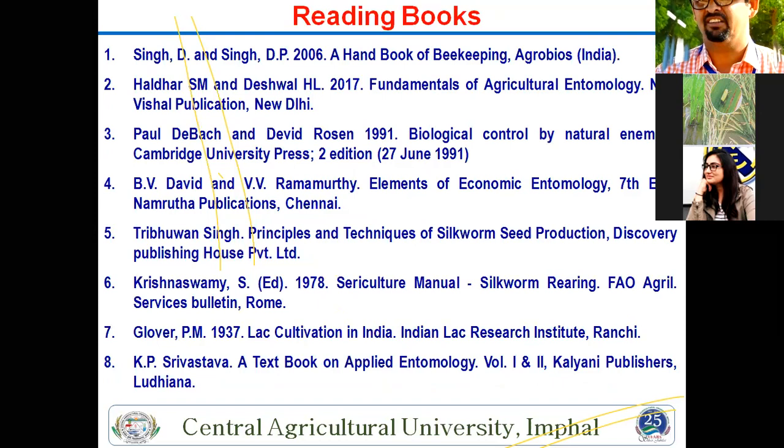For books related to this course, many books are there, of which first is Singh and Singh, a handbook of beekeeping. That is a good book for honeybee only. And I myself have also written one book that has the complete course of your beneficial insects, and the complete course of BSc first year, second year, third year, fourth year, for only 320 or 330 rupees. You can also purchase it through Amazon, and maybe Flipkart also. Next is Biological Control by Natural Enemies, Paul DeBach. That is a different area, a different book.